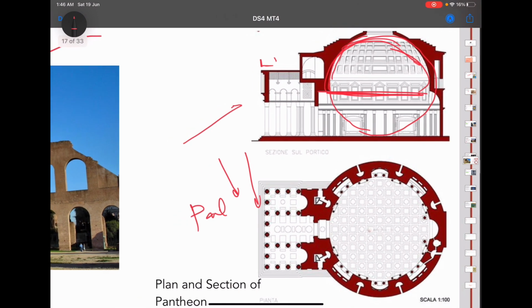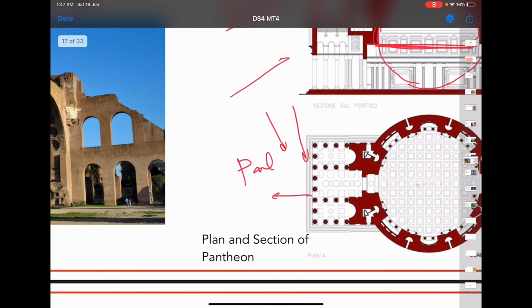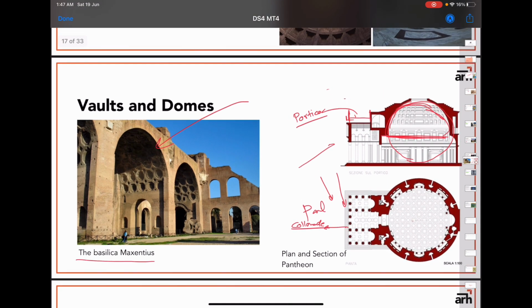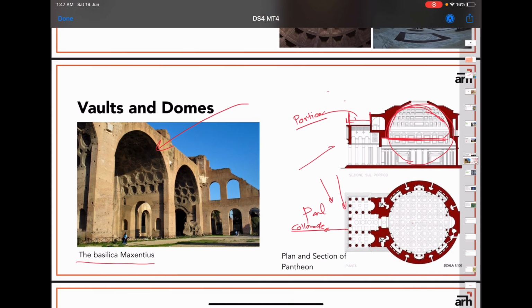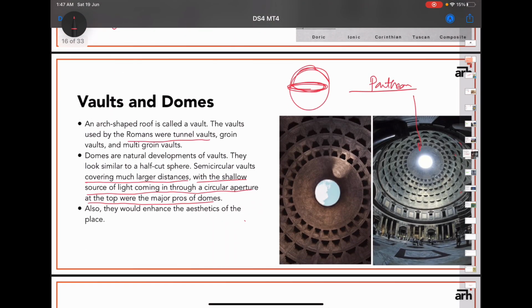And if you see this part particularly, which is outside the main structure, it is called a portico. And I'm pretty sure by now you know that this is a colonnade. Please, I'm giving you a lot of terms to search. Please go through them on your own as well. So this was the plan and section of Pantheon. So these are the major elements of Roman architecture. First, Roman arches, semicircular arches. You can see them here as well. Then you have the columns, and then you also have the vaults and domes. So this is how you can identify Roman architecture.